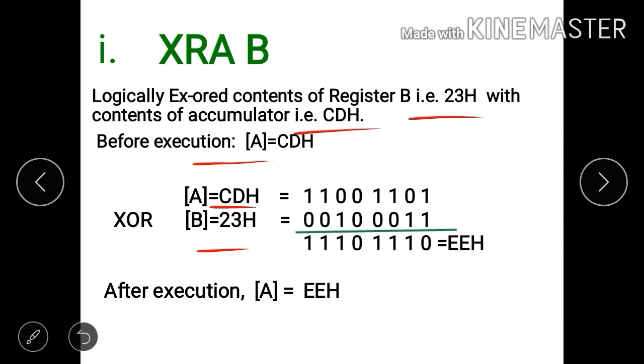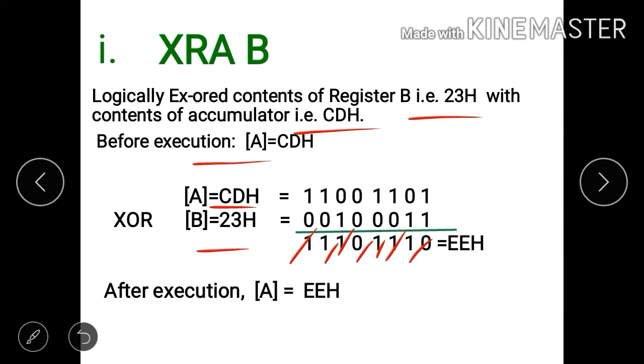So 1 XOR 1 we will get 0, 0 XOR 1 we will get 1, 1 XOR 0 we will get 1, 1 XOR 0 we will get 1, 0 XOR 0 we will get 0, 0 XOR 1 we will get 1, 1 XOR 0 we will get 1, 1 XOR 0 we will get 1.